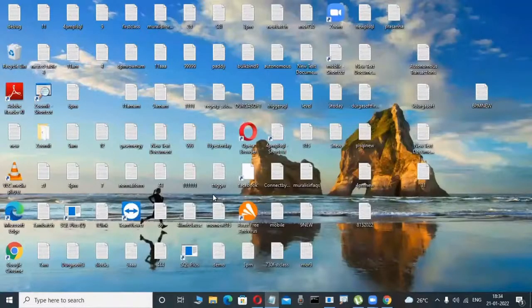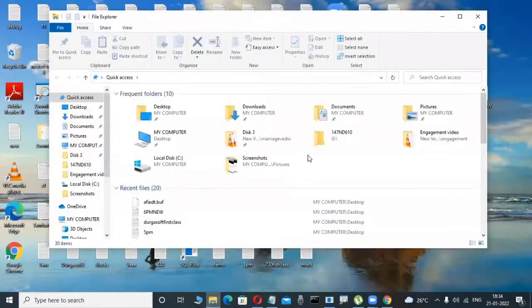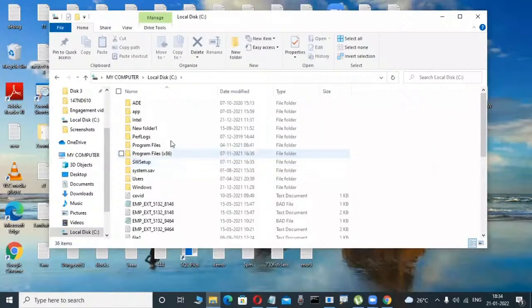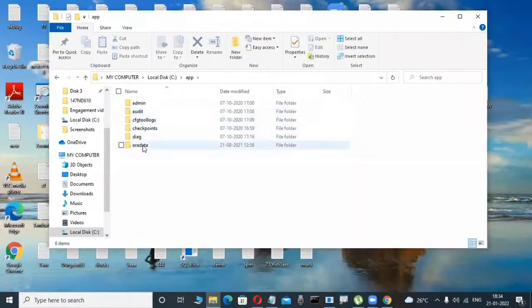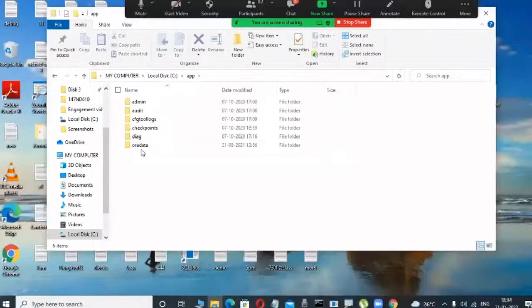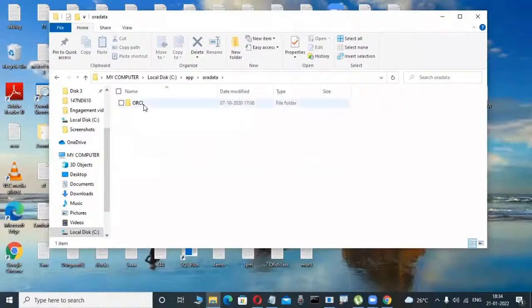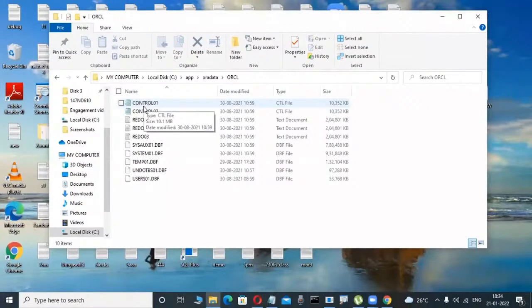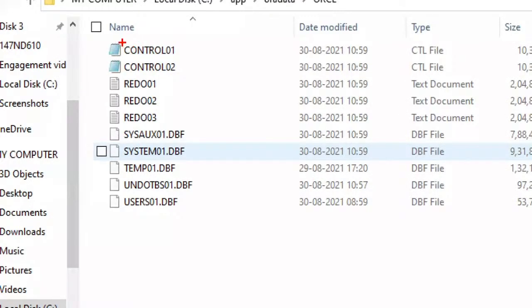Now I'm interested to view whether this table is created or not in my operating system. Suppose a Windows operating system is there, where Oracle is installed. In that location, I try to view, for example, in the C drive, where Oracle is there. Those are all directories, folders: Oracle, Oradata, ORCL. I'm only observing. In the C drive, I installed my Oracle software. In this Oracle software, anywhere